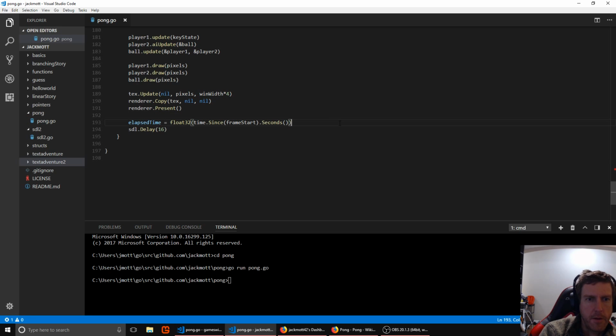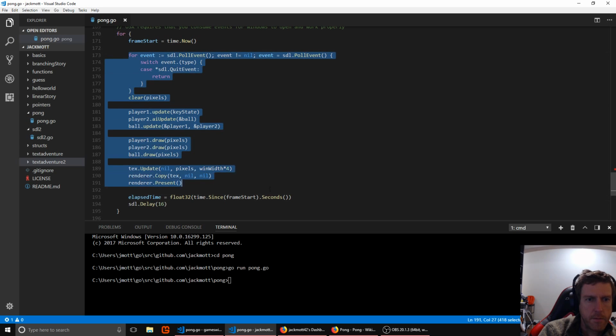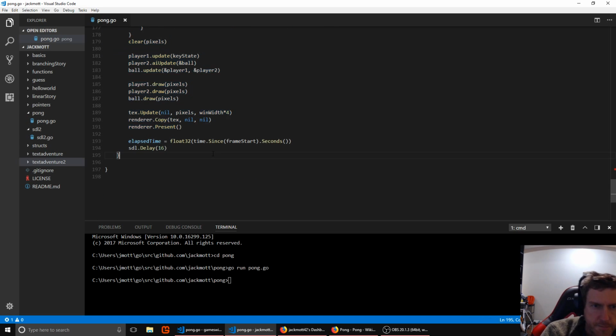So elapsed time will now tell us how much time has passed from the start of the frame to the end of the frame. So one way you could try to make your game be consistent is just to lock the frame rate. So you could do something like,